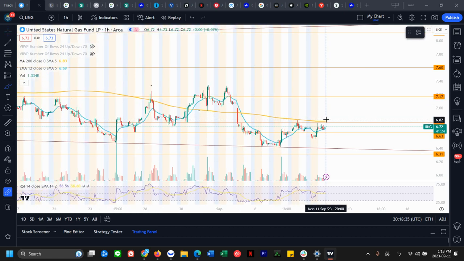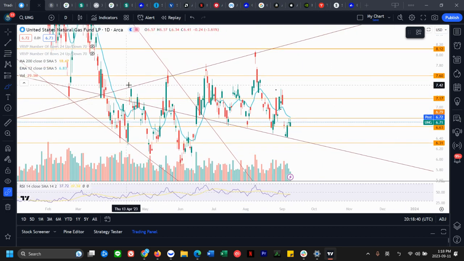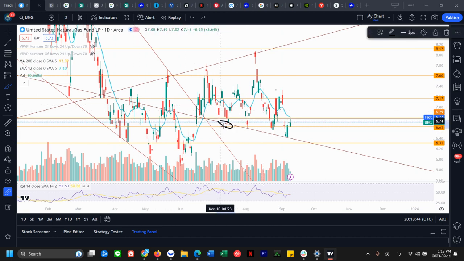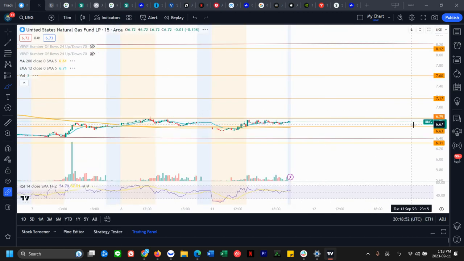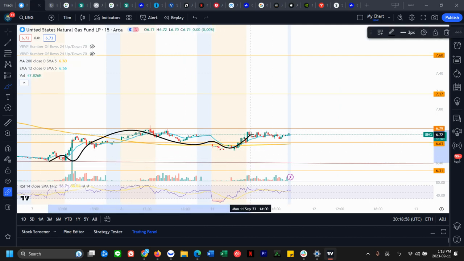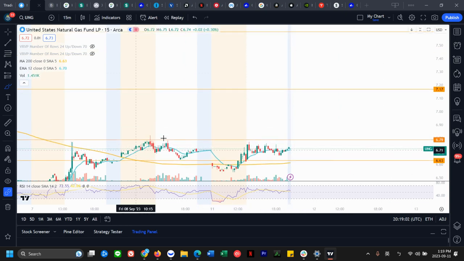All right, let's take a look at UNG. So we're looking at this megaphone for a while. You see this megaphone, and it's bounced off of the support 4 times already. So we got that as well. And we got similar price action today and backtested that level again in the morning around this support zone. And same thing, we bounced. Now we're having this quadruple top as well. So that is the level that I'm looking at for it to break, pretty much 6.76.